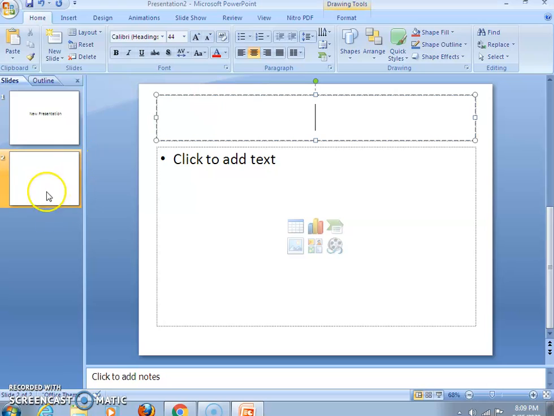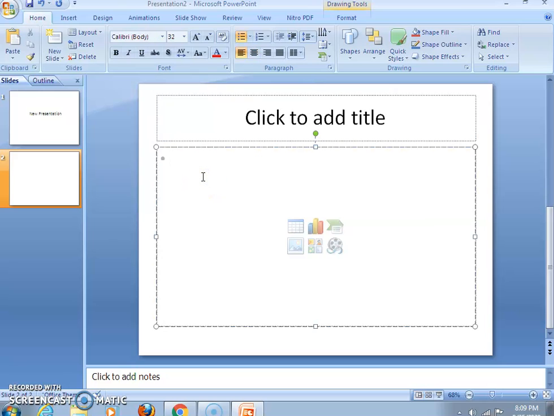Okay, after that I am telling you one more method. You can insert a new slide either by clicking on the New Slide option, or you can utilize the shortcut key also. The shortcut key combination I'm telling you is Control plus M. Control plus M key combination allows you to insert a new blank slide.